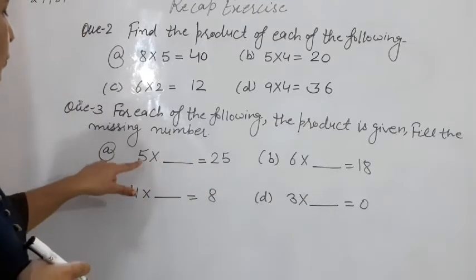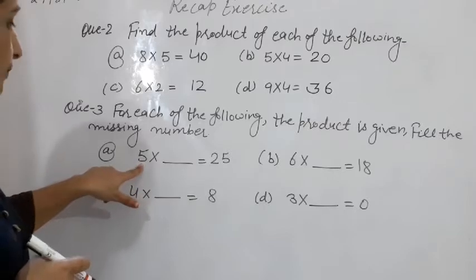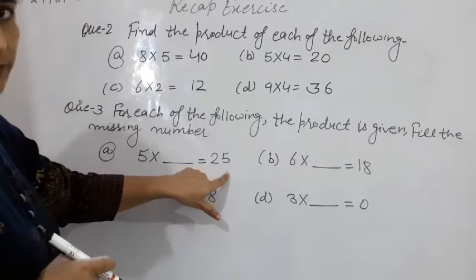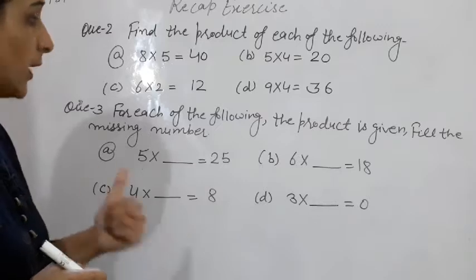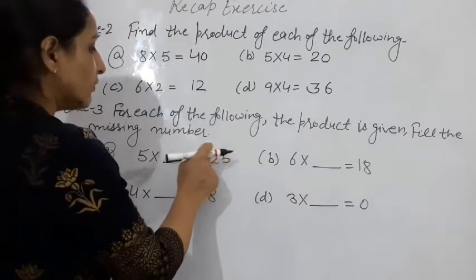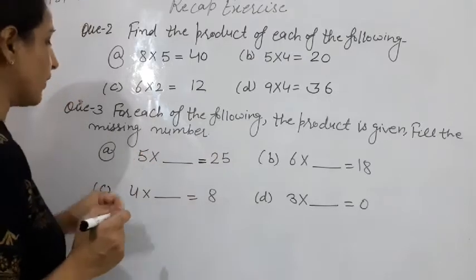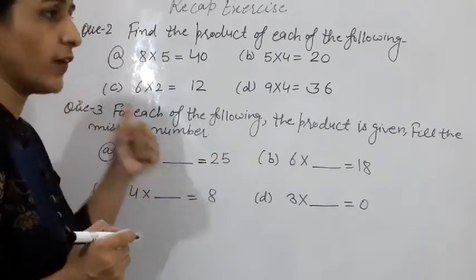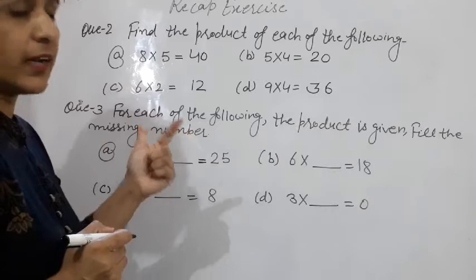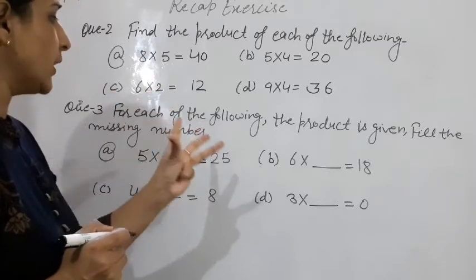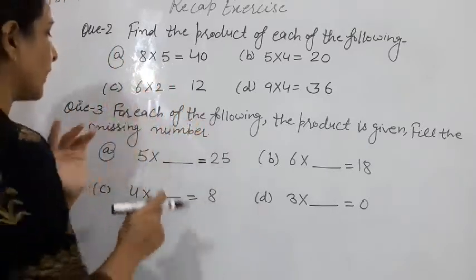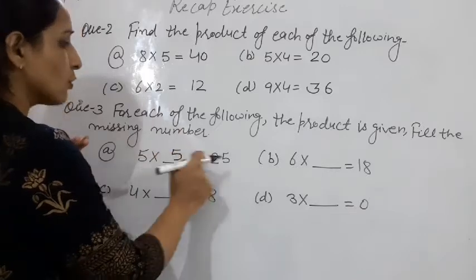So how do you do it? You read the table of 5 and then look where you get the 25. The first method is this one. The other one, you divide this 25 by 5. It means 5 5s are 25. So read the table of 5. 5 1s are 5, 5 2s are 10, 5 3s are 15, 5 4s are 20 and 5 5s are 25. So 5 5s are 25.